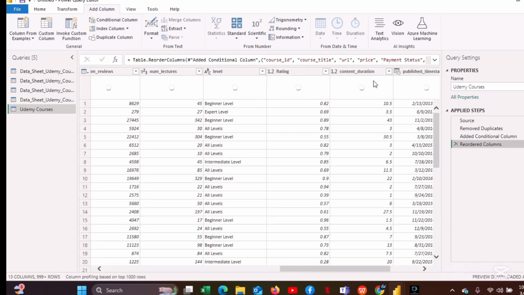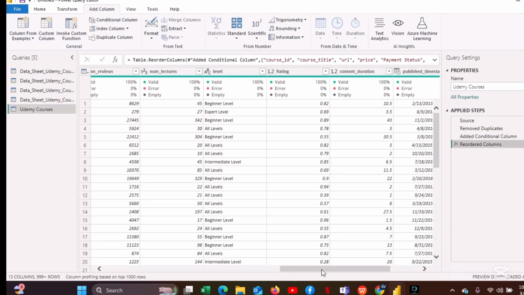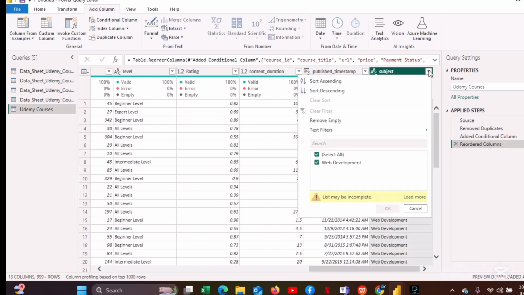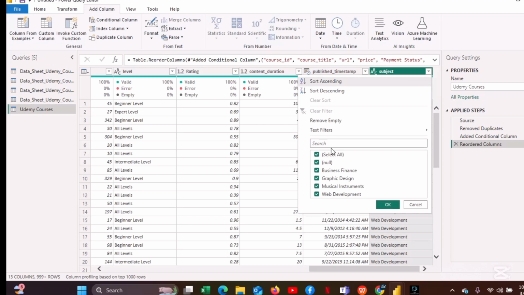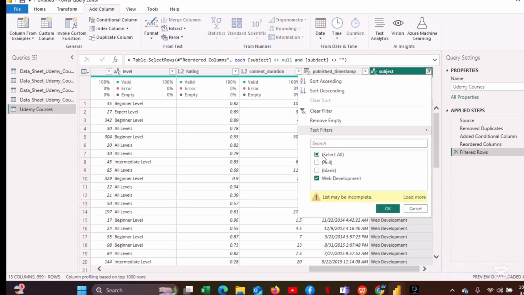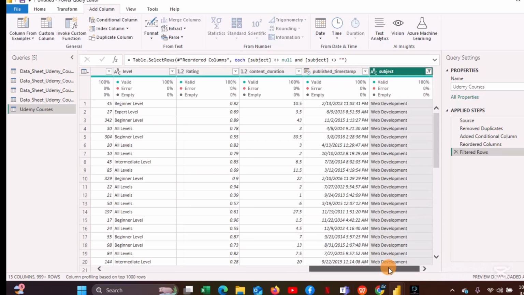So we are going to come back here to the subject column, and we are going to either click on remove empty or uncheck this. When you click on remove empty, it just unchecks the null and the blank space for you. So yeah,